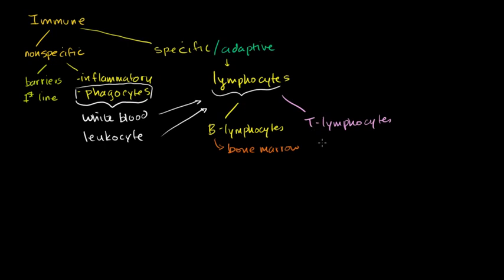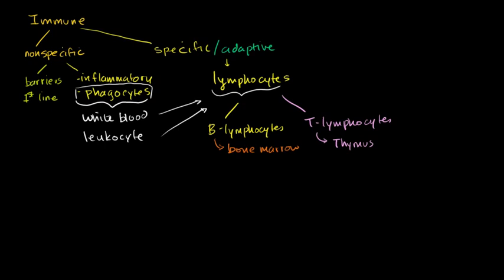T lymphocytes actually do start off in the bone marrow, but they mature and become what they are in the thymus. So that's where the T comes from. T for thymus. Now, in this video, I'm going to focus just on the B lymphocytes, because frankly, if I focused on everything, it would be an hour-long video. But I don't want to pick and choose favorites, but for something in my brain, I just really like the B lymphocytes.